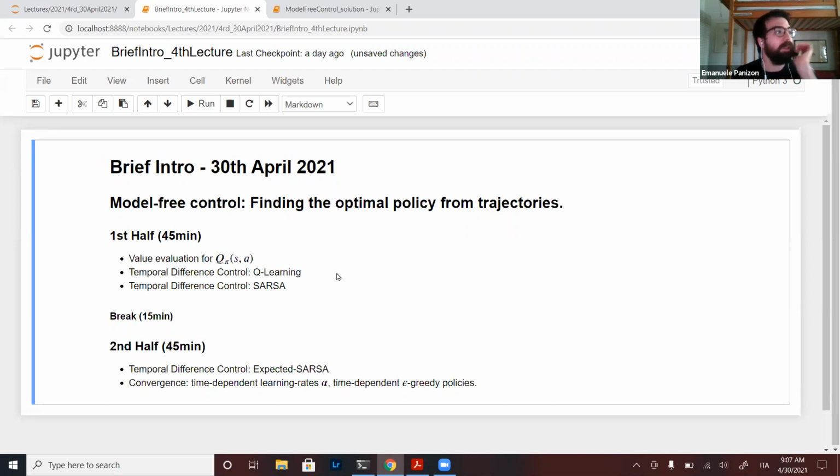And then we will deal briefly with a topic which you have seen in the theory classes, and it's always a nice thing to have as a tool, which is a bit of convergence discussion about the learning rates, and you will see epsilon greedy, and how to change epsilon in time. So let's start for real.